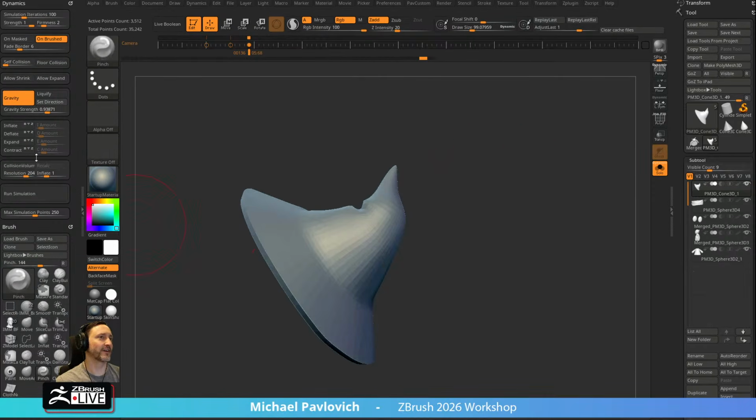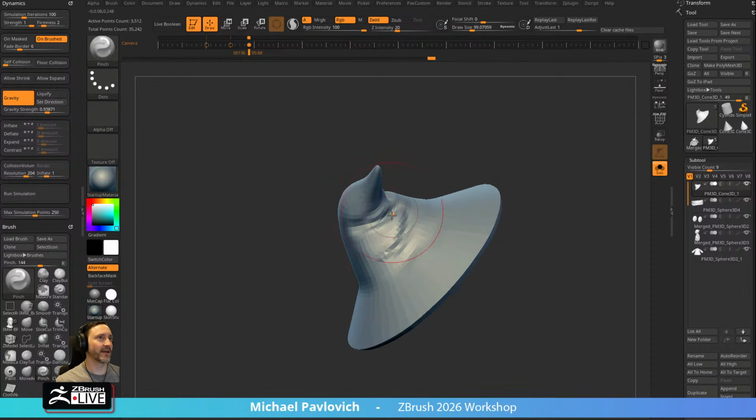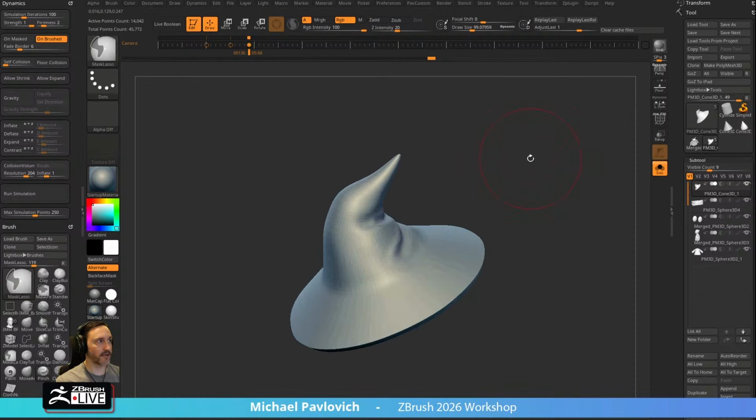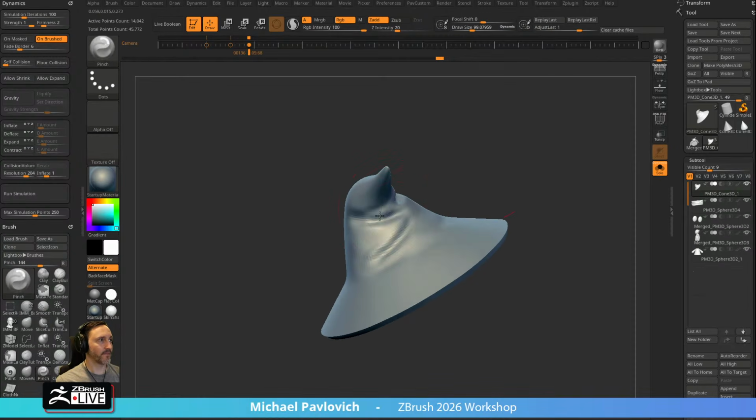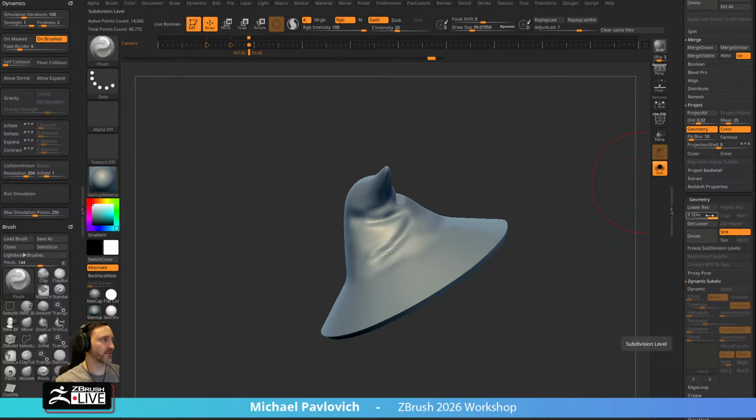Okay, we have our collision volume still turned on. Yeah, so go through here, and we can even turn gravity off. Go through here, and again, Control D to subdivide. Right now we have subdivision set to 3. If you want bigger wrinkles, you can just drop your subdivision down, and then